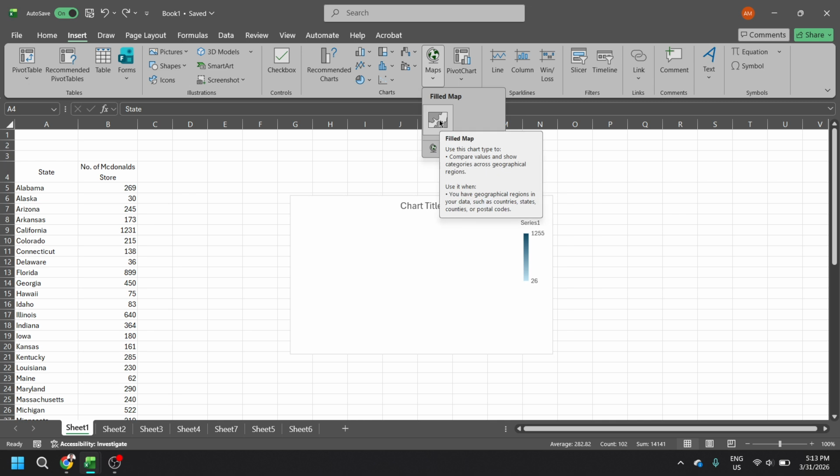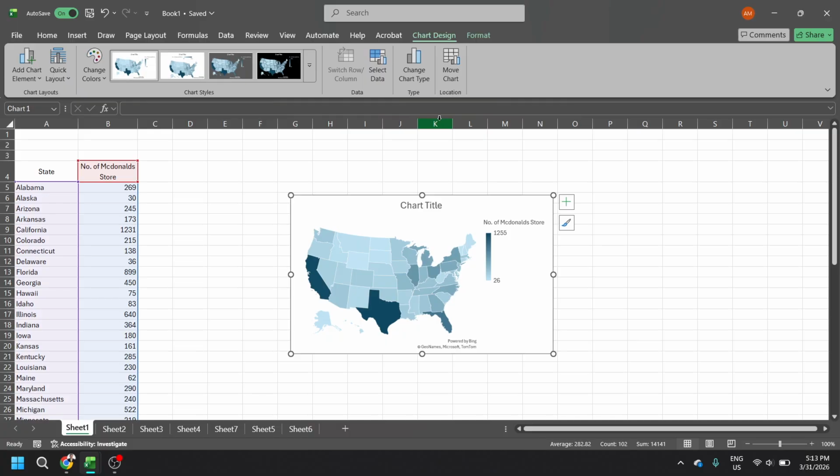Now click on Maps. Excel reads the selected locations, matches them to real-world geography, and inserts a filled map based on your data. You'll see regions shaded in varying intensities. Darker or lighter colors reflect the relative size of your values. Hovering over an area displays a tooltip with the exact number and the name of the place, which is useful